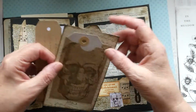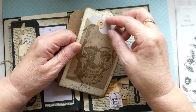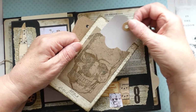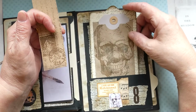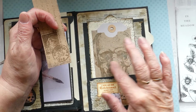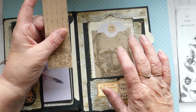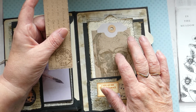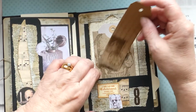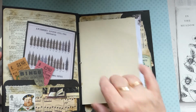And then to add to those, I've just made a small envelope, one of the money coin envelopes, stamped on it, and put a tag inside. And if anyone wanted to know about the stamp for the skull, I believe it is one of Andy Stewart's. Is it Andy Stewart? I think it is. And then just a little tag there just to go with it, like so. And then we turn over,